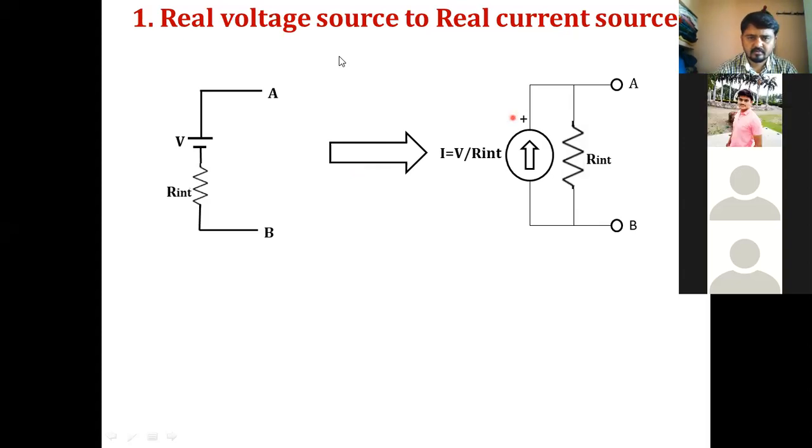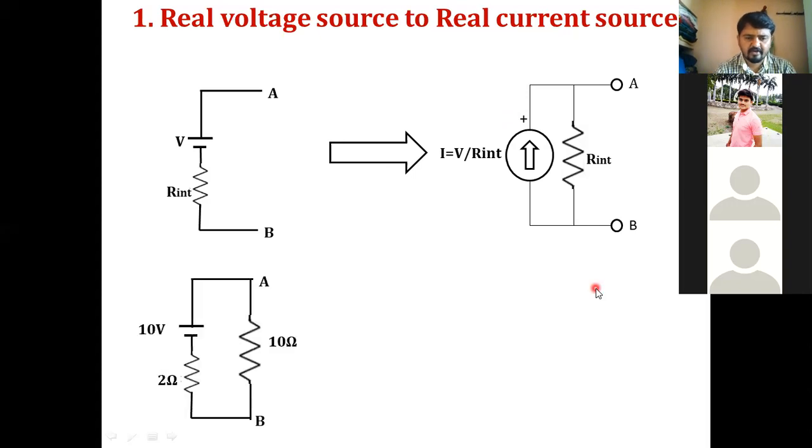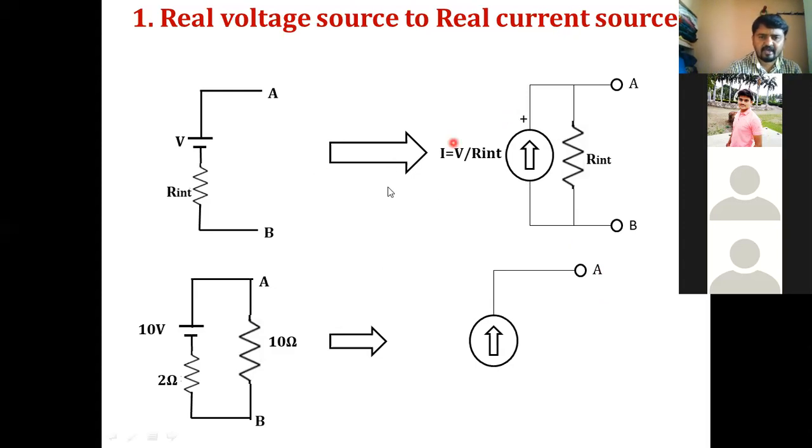Yes, sir. Okay, similarly you take one more diagram like this. See here, we have taken this one without any values. Now I'll give some hint for you people. This is a 10 volt voltage source. The internal resistance is 2 ohm, the load resistance is 10 ohm. Can you tell me what is the value of the current here?